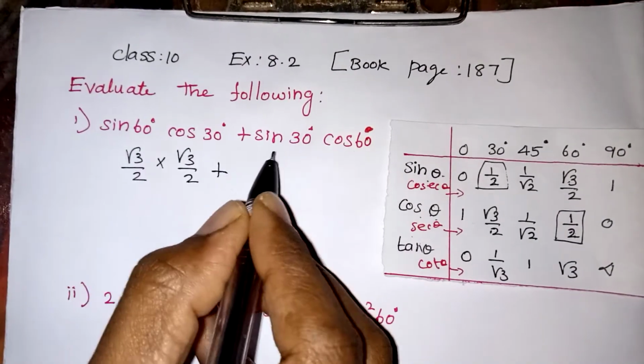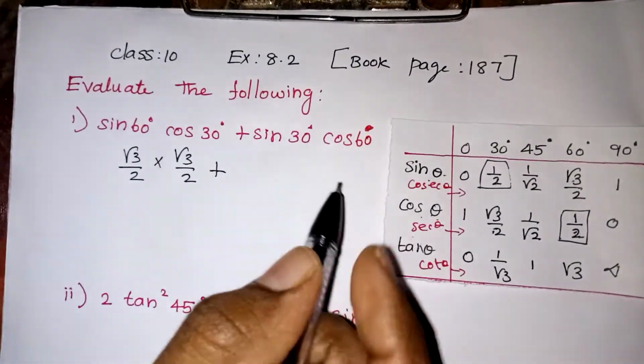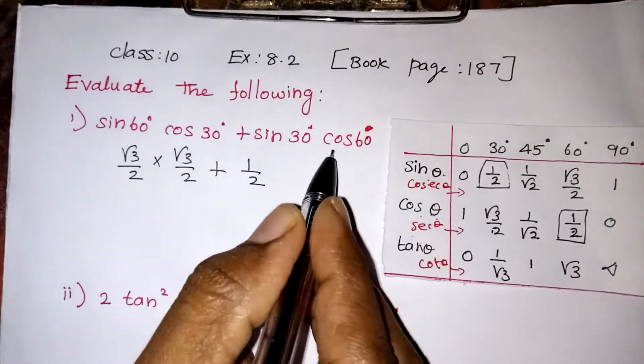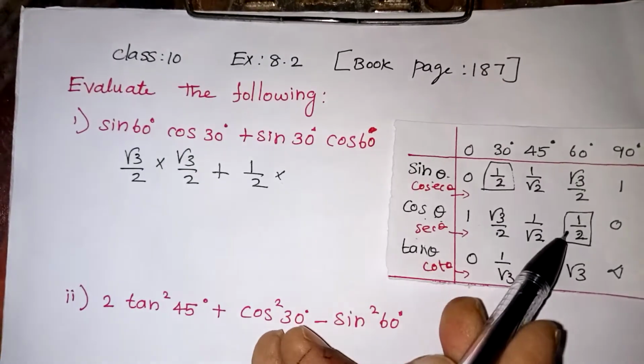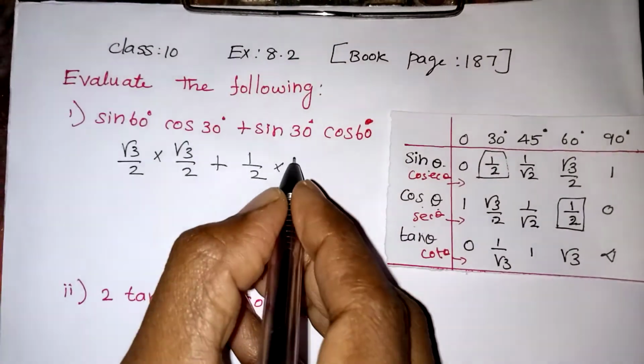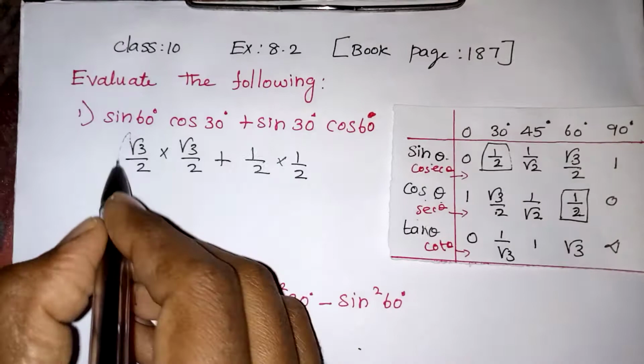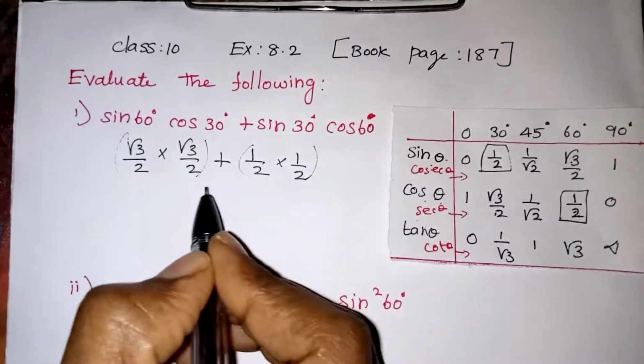And we need sin 30 degree. Sin 30 degree value is 1 by 2. And cos 60 degree they have asked you to write. Cos 60 also will be 1 by 2 only because they are complementary angles. 30 and 60 will be the same value, 1 by 2. So first we need to multiply these two numbers like this, then we have to add.